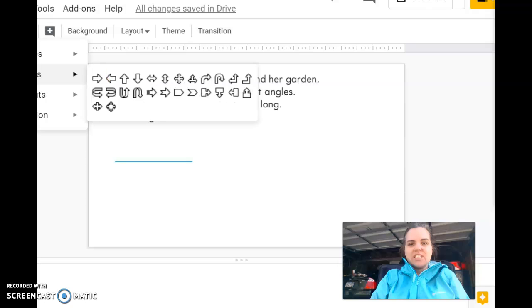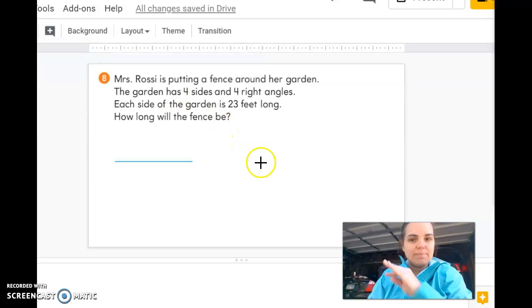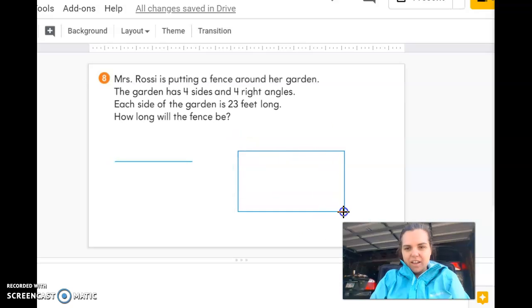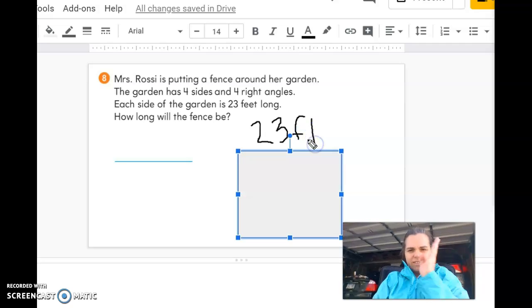So if each side is 23 feet long, then we know it's a square. So I'm going to draw a square, and then on each side, I know that it's 23 feet. So how do I find the perimeter of this? Yep, I can do 23